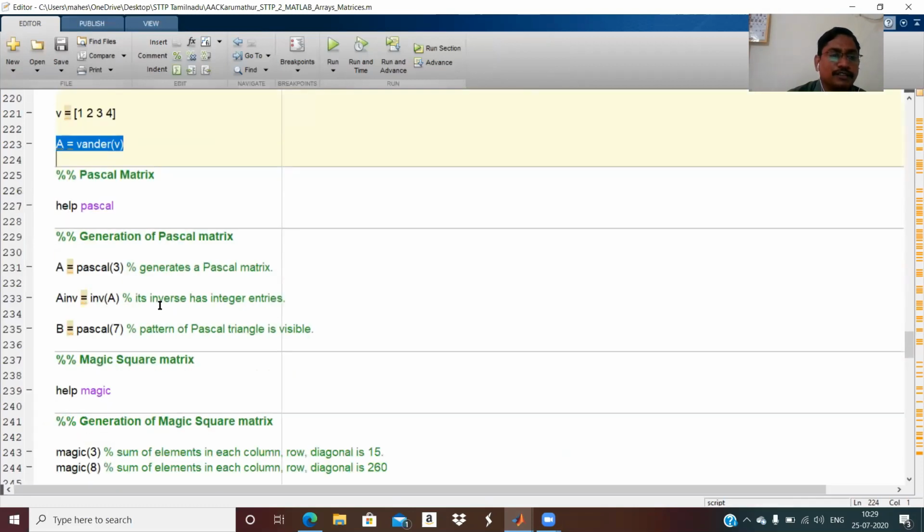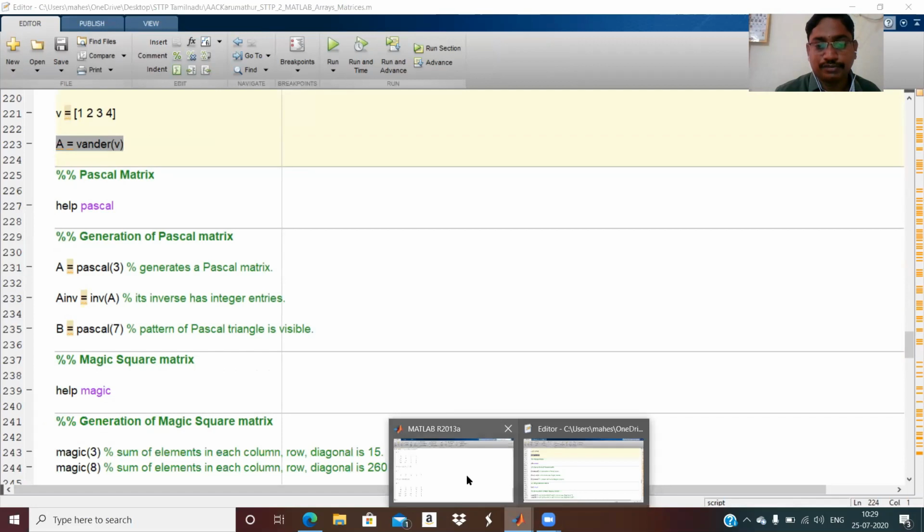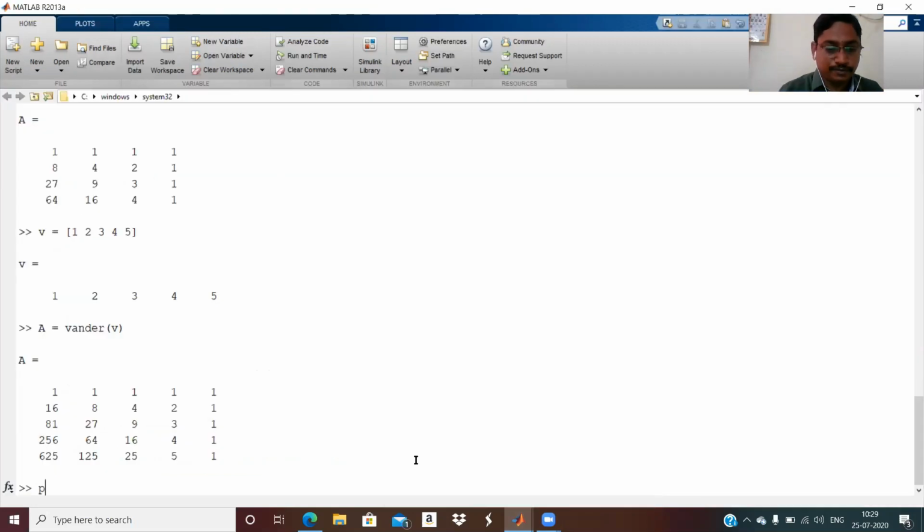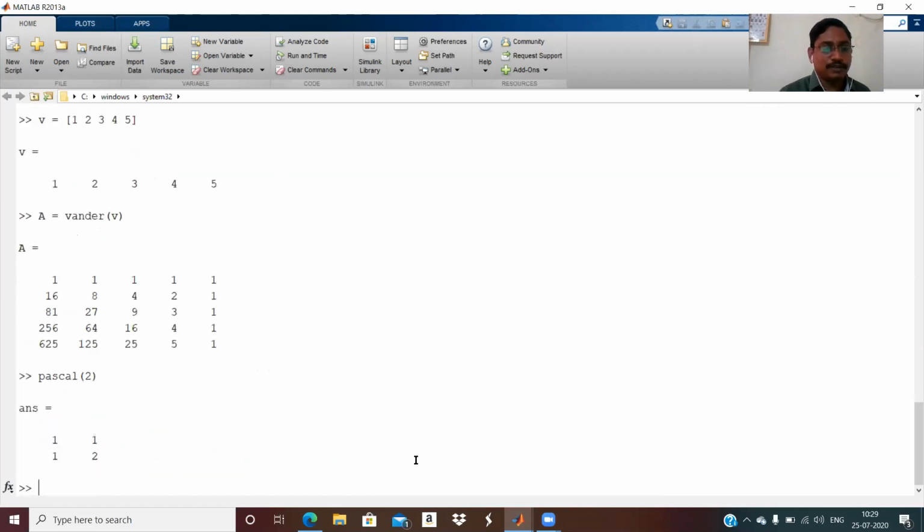Then the Pascal matrix one can also generate. The Pascal matrix is used to represent the binomial expansion of (a plus b) raised to n, which you know. Just let me say how Pascal 3 will be executed here. Or Pascal 2: you know, Pascal 2 is used for (a plus b) square, which is a square plus b square plus twice ab.